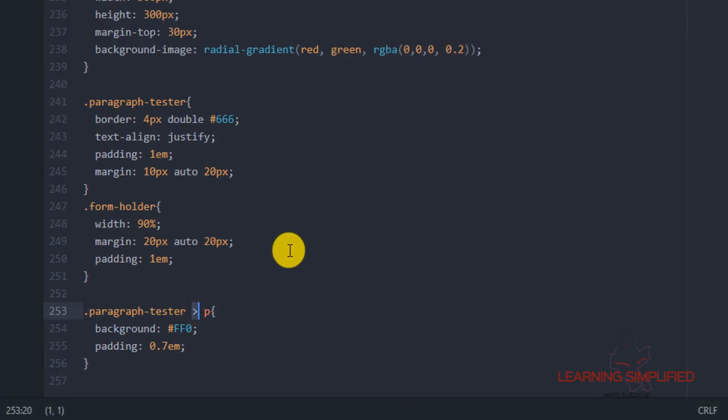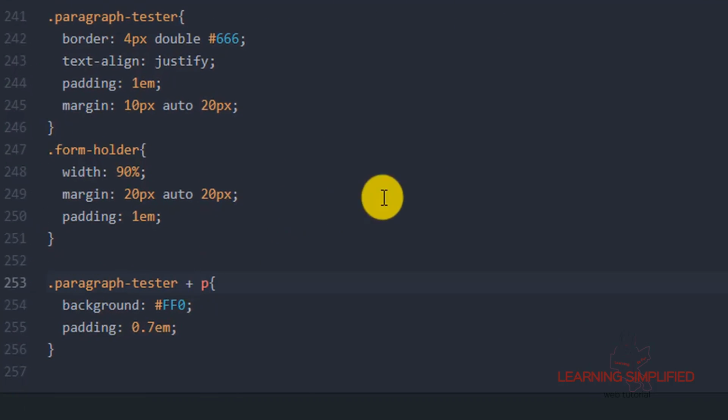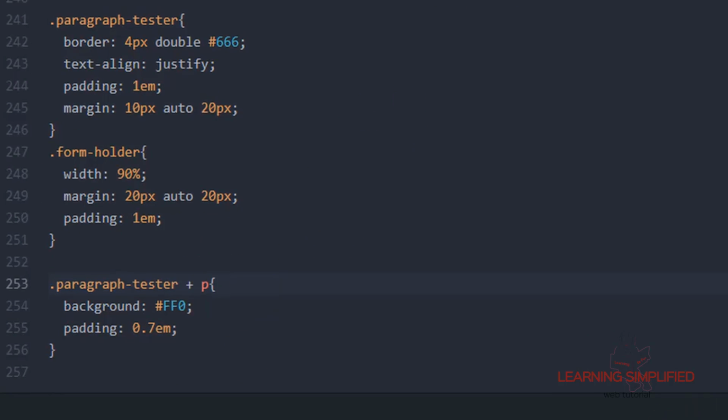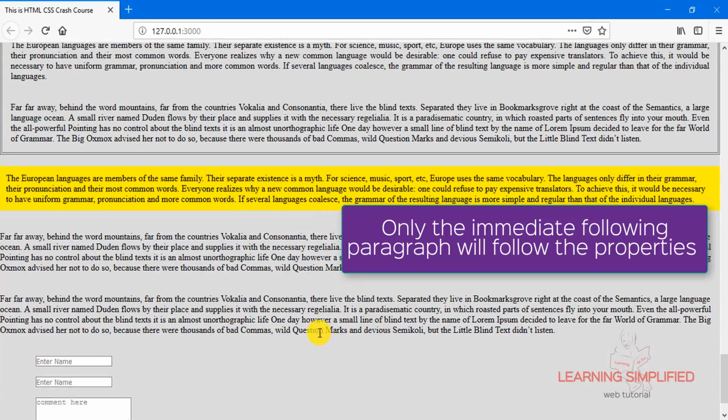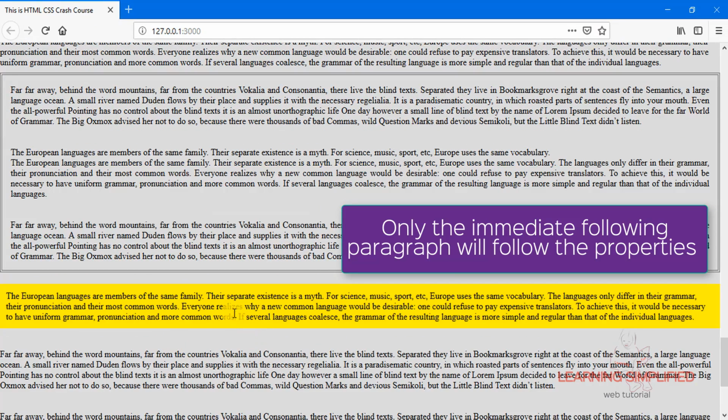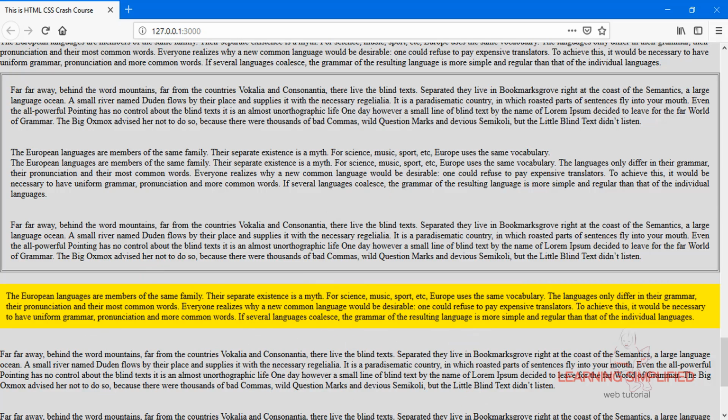On the other hand, we used this sort of syntax over there. If we provide a plus combinator inside, and get back to our project, we can see that the immediate following element follows those properties, but the rest of the elements follow nothing.